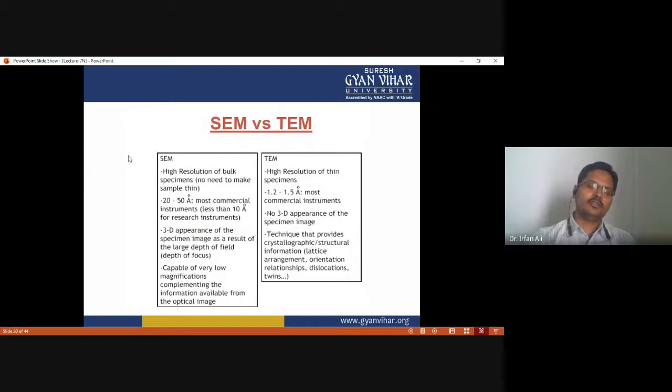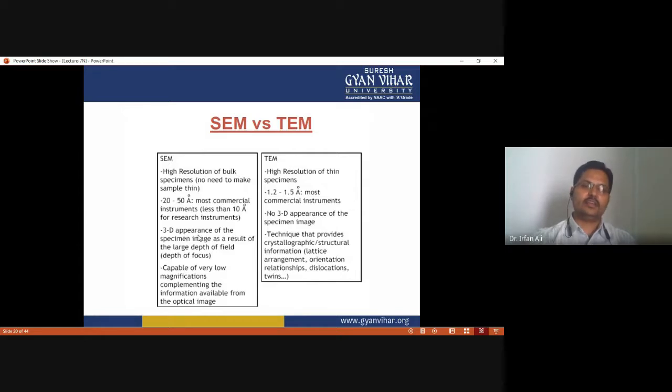So, now what is the difference between the scanning electron microscope and transmission electron microscope? Scanning electron microscope has high resolution of bulk specimen, leading to make sample thin, and transmission electron microscope requires high resolution of thin specimen, and 20 to 50 angstrom in most commercial instruments, less than 10 angstrom for research instruments, and transmission electron microscope 1.2 and 1.5 angstrom in most commercial instruments,